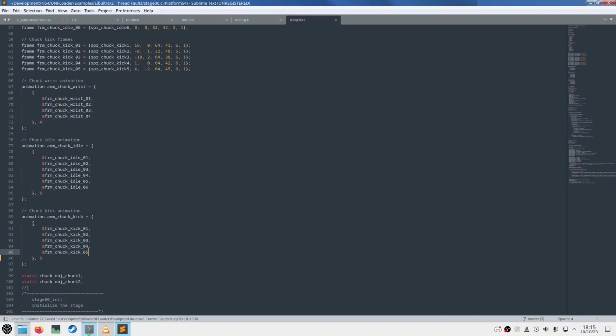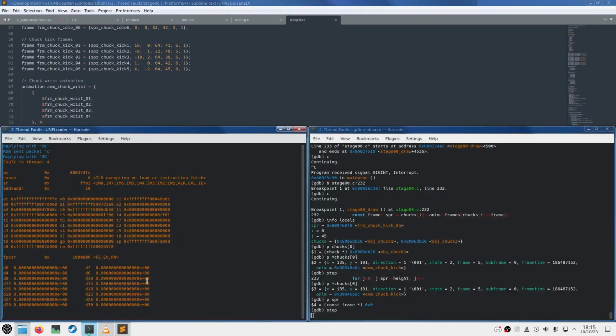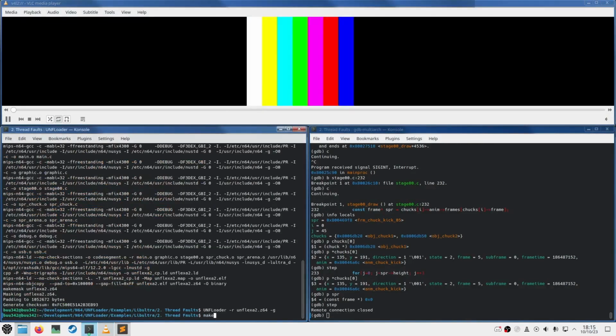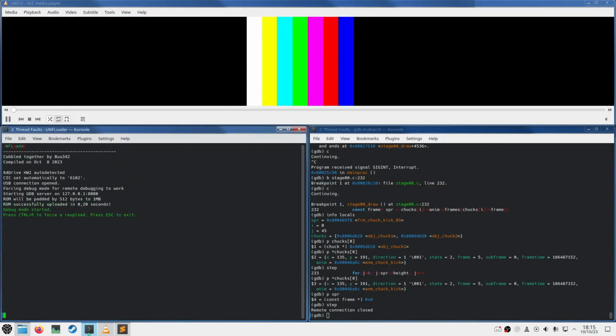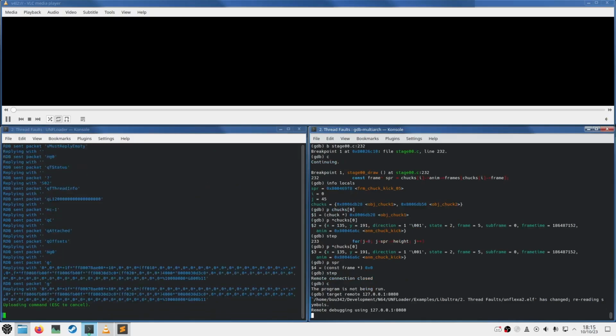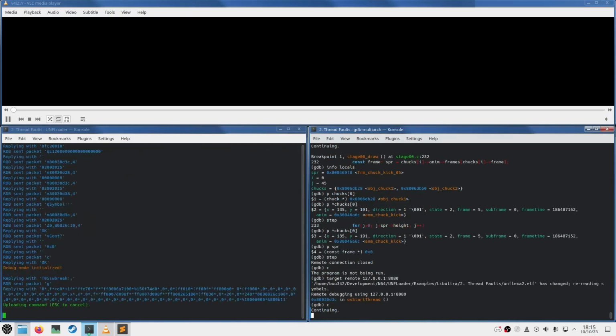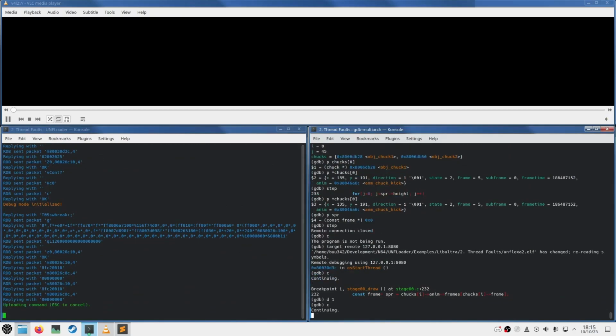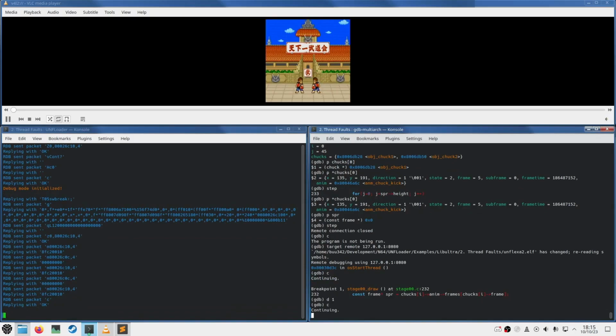So I bet if I correct this and I recompile the ROM, so I'm going to turn the console off, kill UNF loader, that killed the remote connection, I'd run make, upload the ROM again, turn the console on, we press C to continue. Oh, whoops, sorry, we disconnected, so we have to target remote. We type C. Right, we have the breakpoint, so we have to delete it. And it looks like we've resolved the crash.